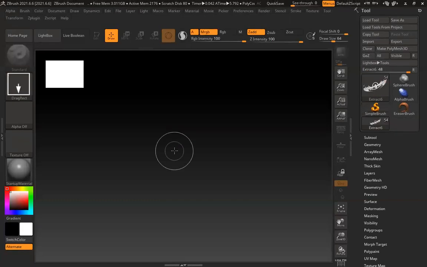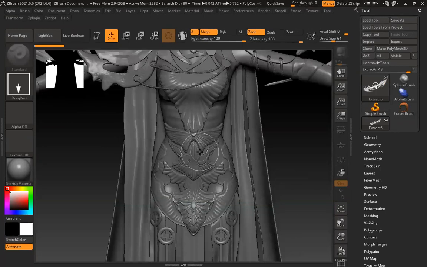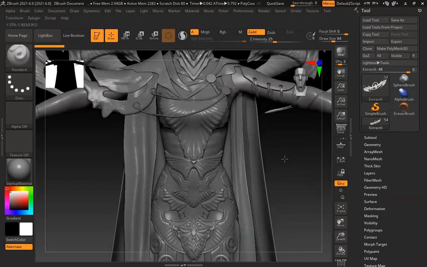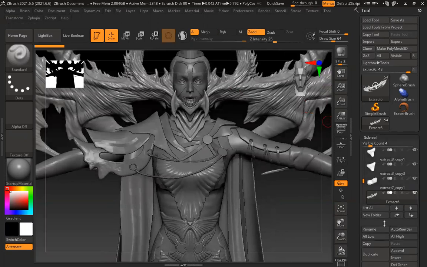Loading, because the file is pretty heavy. So this is my high poly. To make it easy and simple, I'll just delete all those unwanted parts.